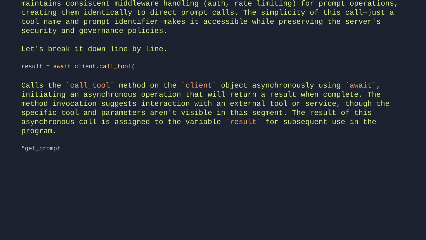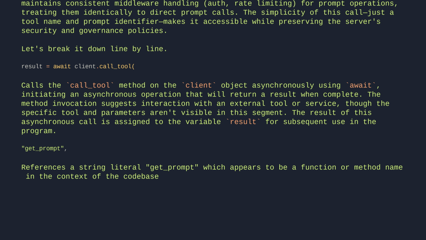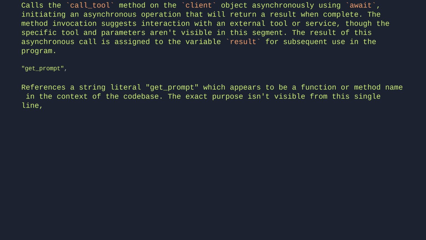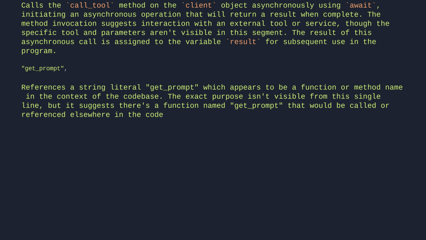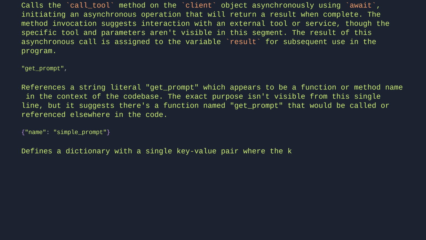GetPrompt. References a string literal getPrompt, which appears to be a function or method name in the context of the codebase. The exact purpose isn't visible from this single line, but it suggests there's a function named getPrompt that would be called or referenced elsewhere in the code. Name, simple prompt. Defines a dictionary with a single key-value pair where the key is name, and the value is the string simple